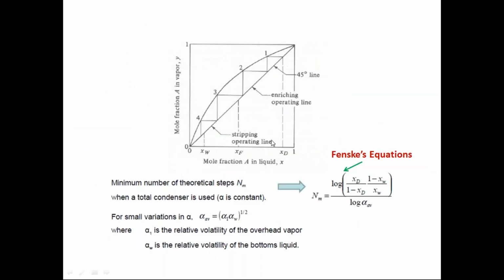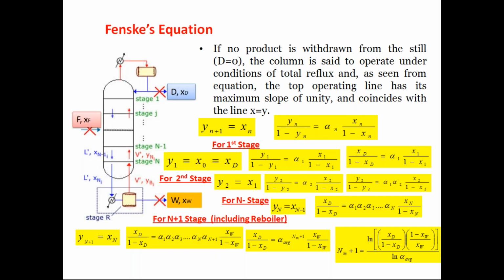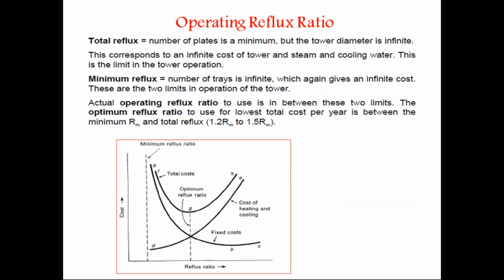And also, if you know XW, XD, and if you are given Y versus X data, then simply draw this curve and take the 45 degree diagonal line as the operating line, find out XD and XW, and in a step down method, find out how many stages, minimum number of stages, are required. So this will give you a very quick estimation regarding how many plates are required for a given system. That is very much required before selecting the operation; whether the distillation is feasible or not can be seen by knowing the minimum number of plates.